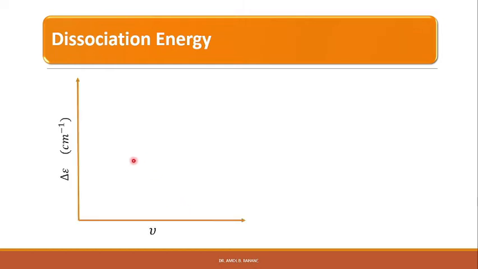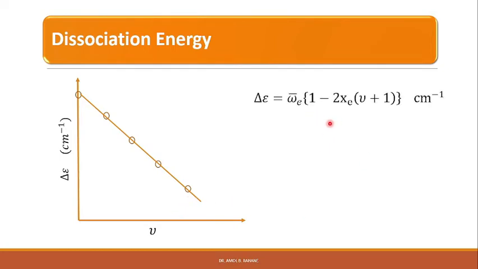So the molecule will dissociate at that place. If we plot the separation between the vibrational transitions, that means delta E as observed in the electronic spectrum, against the vibrational quantum number nu, initially the graph is a straight line, which agrees with the equation delta E equal to omega e bar into 1 minus 2 Xe into nu plus 1, in per centimeter. So the graph may be extrapolated to find the nu max. We show it by a dotted line, and we extend the graph to the nu axis and get the value of nu max from this data, right?